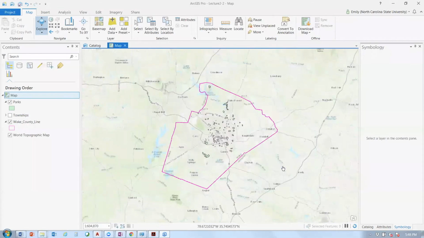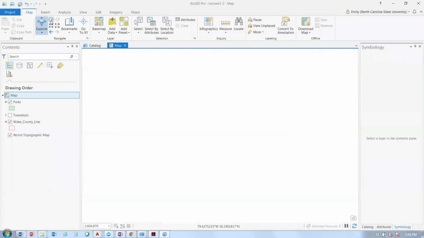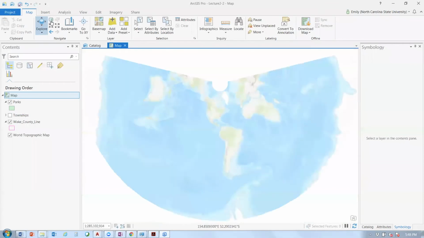You may not have noticed it, but the shape of the larger map, the world topographic map, has changed slightly. Just so you can believe me, go ahead and zoom to full extent. You see how the shape of the Earth now kind of looks like the Wu-Tang symbol. Let's go back